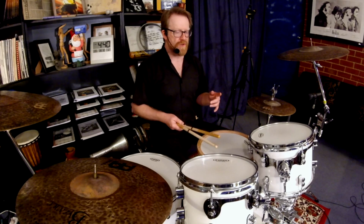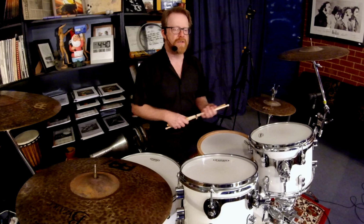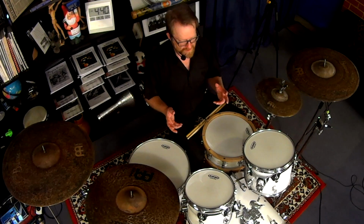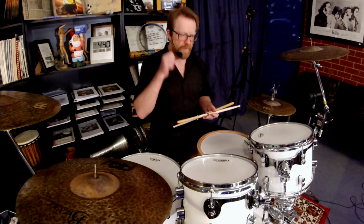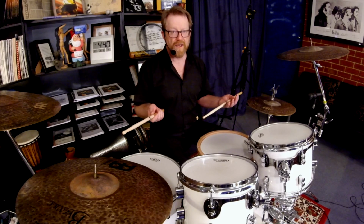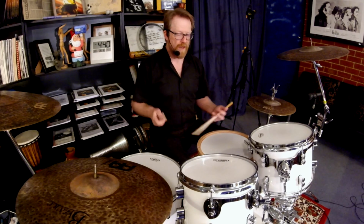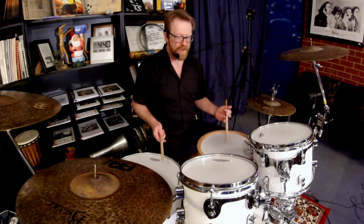But what this brings me to now, with times and all that sort of business, is the term polymeter, okay? What a polymeter is, it's a little bit like the polyrhythm's cousin. When you play, I might just take the snares off for this a little bit, but when you play a polyrhythm, it's two beats played against each other, the most common being 3 against 2. So if you're going to play 3 against 2, common denominator is 6, 3 times 2 is 6, and you play the 2 every 3 and the 3 every 2. And that's what happens, and you end up getting...